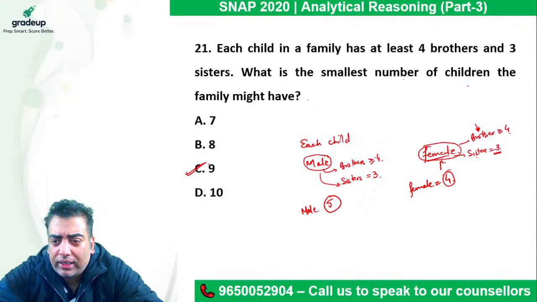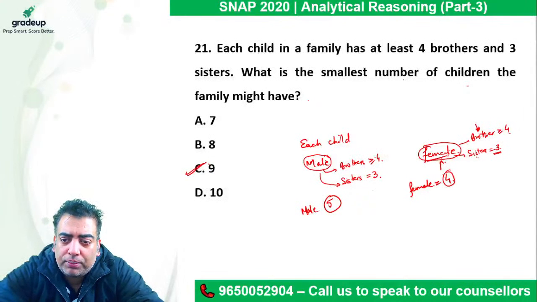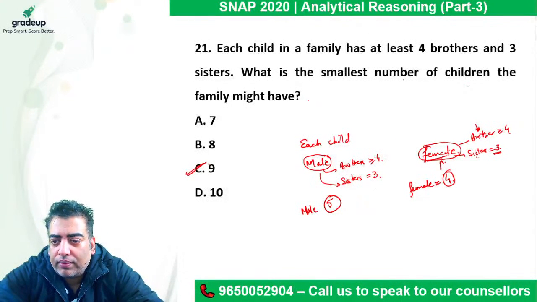Roshan, Prachi, okay, maybe it is for previous question. Is it done? At least 5 kids should be there, at least 5 males should be there, and at least 4 females should be there. Only then the condition that a family has at least 4 brothers and 3 sisters is satisfied. So rather it should be written in a better way: at least 4 brothers and at least 3 sisters. Hardik, focus majorly on arithmetic. Majorly arithmetic.